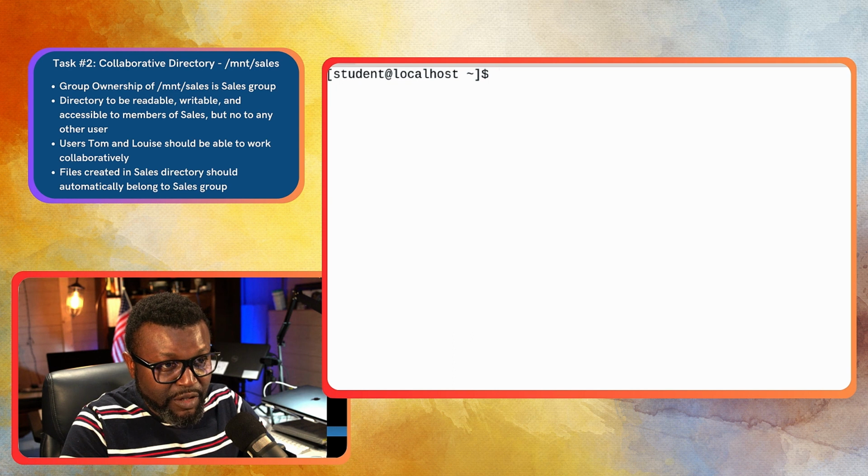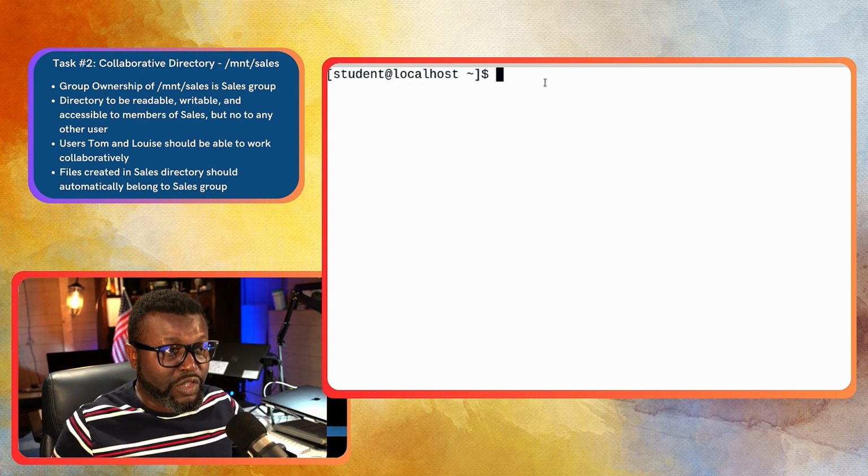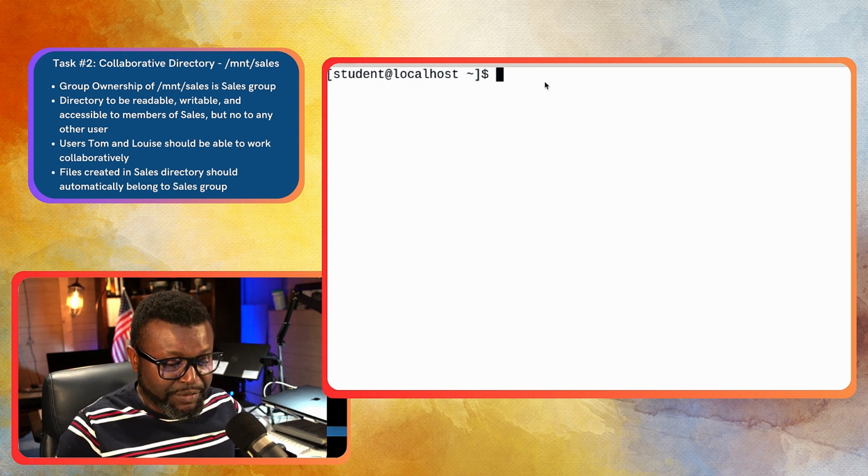And then the next thing we need to do, back to our tasks here, is we want to make this directory readable, writable, and accessible to all members of the sales group, but not to any other users. So I'm gonna go quick here, and I'm gonna modify permissions by using the chmod command, and I will do 770, which means that for this specific